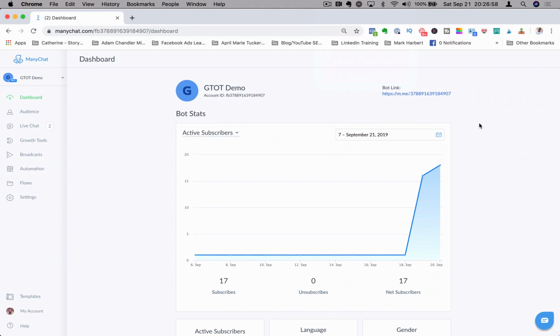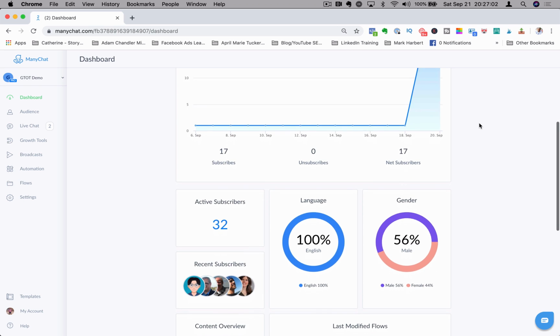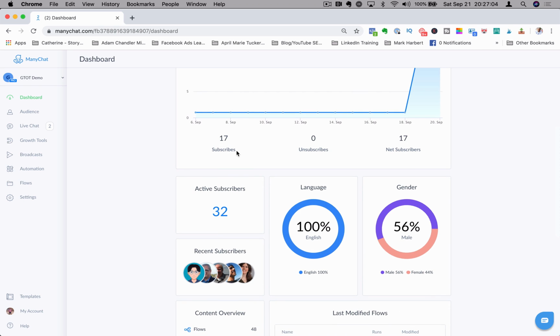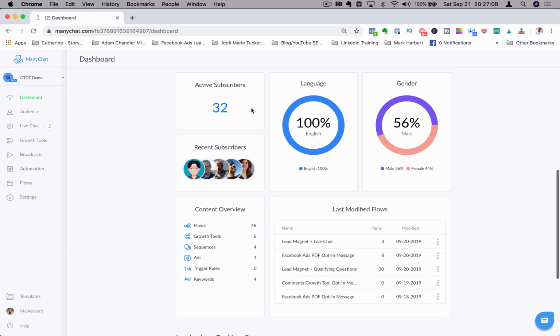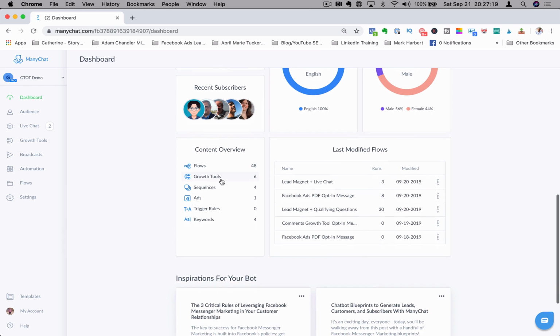Now, the first update is a very small update, but a big update, right? It's an update to the ManyChat dashboard. The new update provides some additional data on your dashboard. So you can see here we still have a number of subscribers, unsubscribes, and net subscribers, right? But if you scroll down some more, you have your active subscribers, the language of most of your subscribers in the bot, the gender of your subscribers in your bot, most recent subscribers,